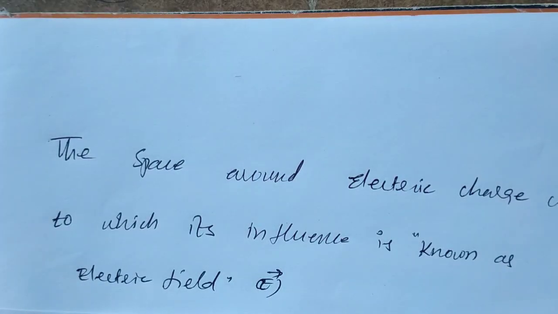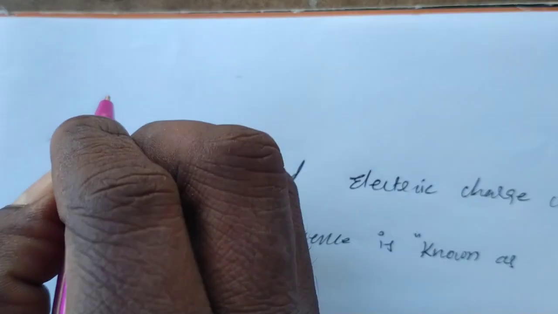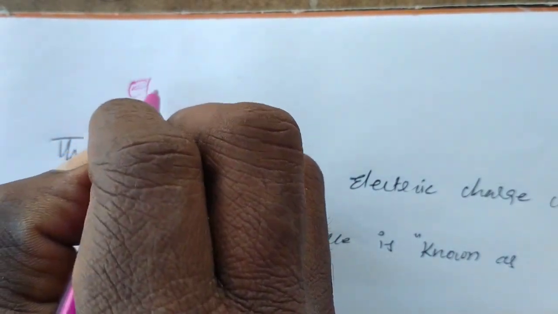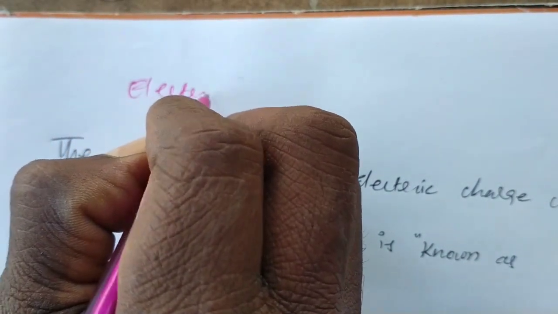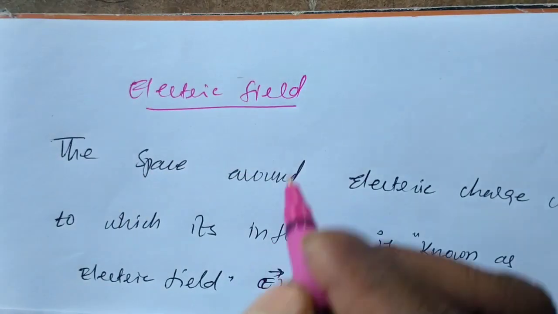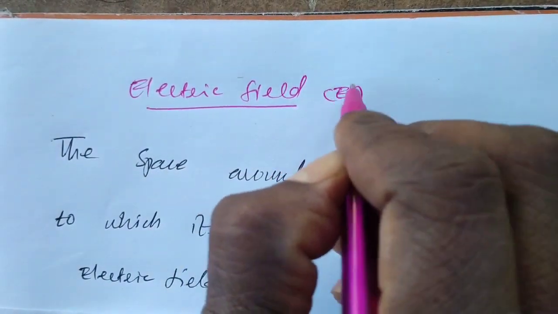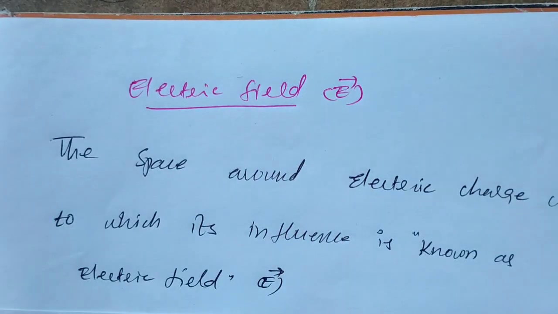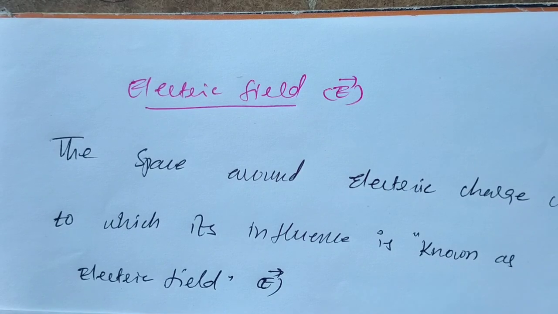Today we discuss electric field. Electric field, okay, that is the indication of electric field. It is denoted by E. In the previous class, we discussed